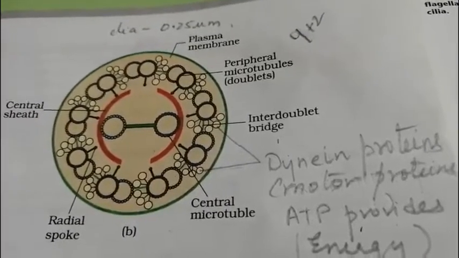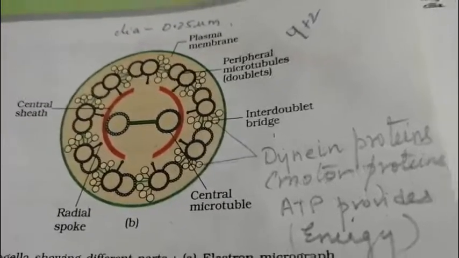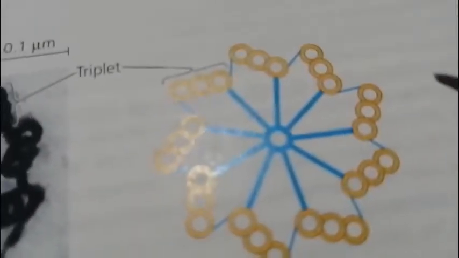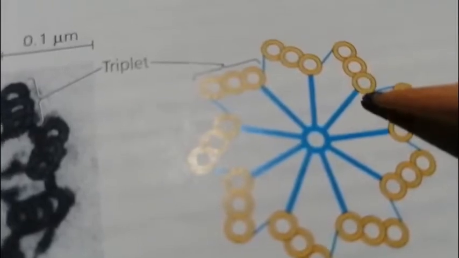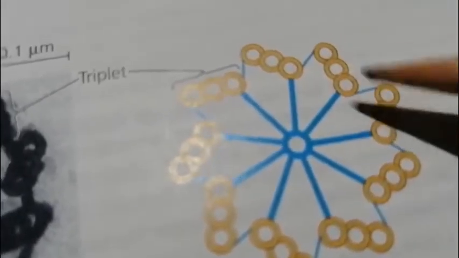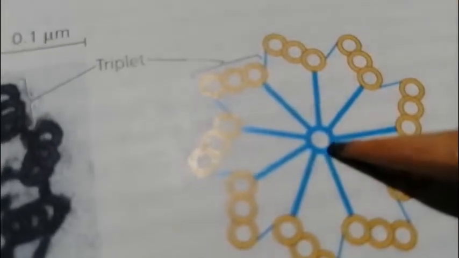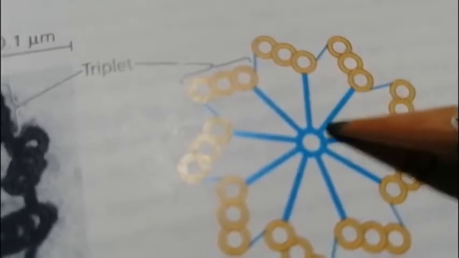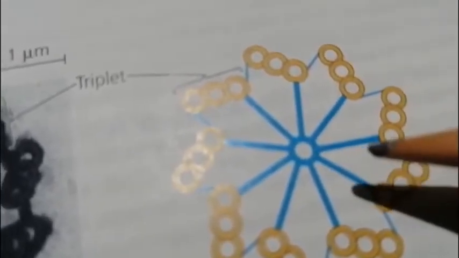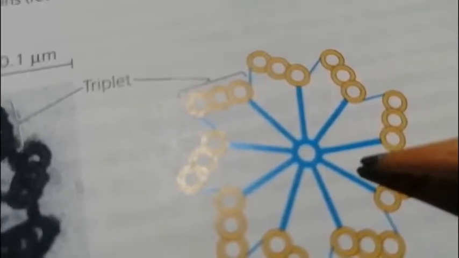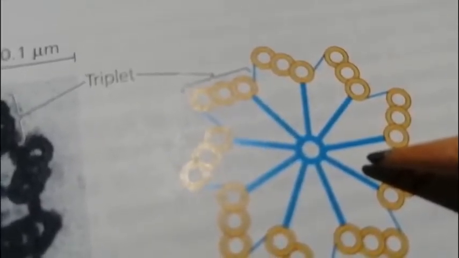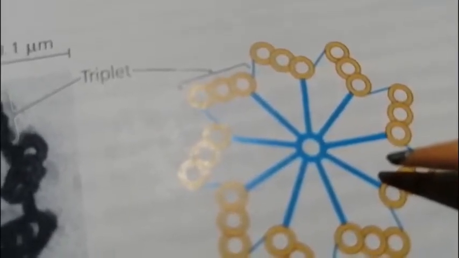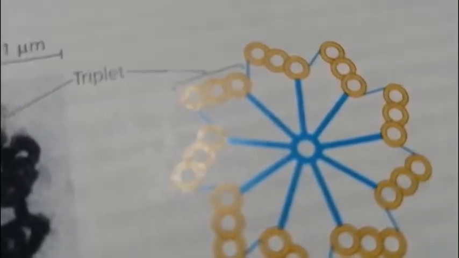Fine. Now if you look at your centrioles, I am showing you the structure of centrioles. These tubulin dimers are in triplets, and they are 9 in number. In the central portion there are no tubulin dimers, rather it's a proteinaceous hub, and these are your radial spokes. Now these centrioles give rise to the basal body. It gives rise to your cilia and flagella. Okay, fine.